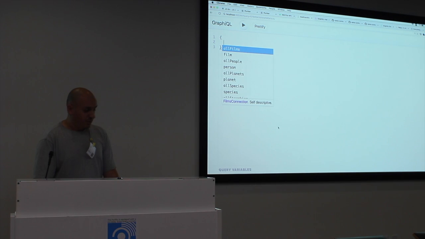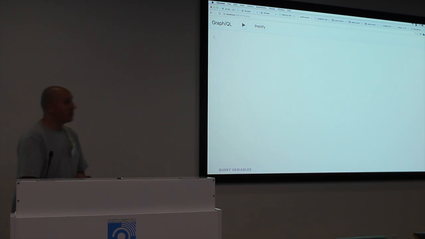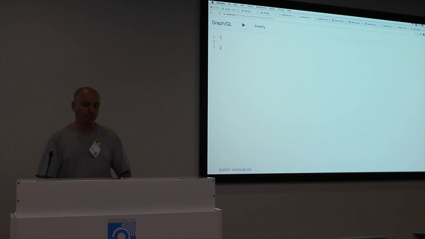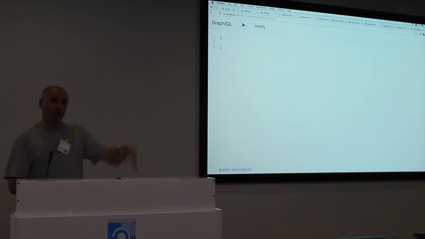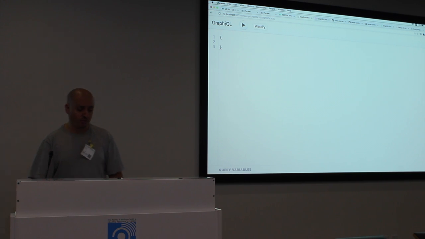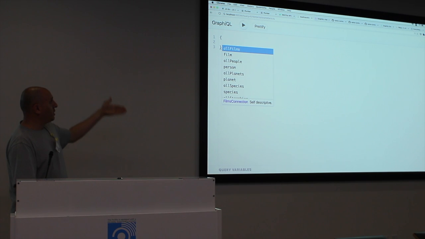Cool. So, okay, this is called GraphiQL, a pun name, right? But because of the introspective API, it knows everything about the API. And this is a local API from the Star Wars data itself. So Facebook took as an example the REST API around Star Wars data, which is swapi.co, and it built a GraphQL representation for that RESTful API. So just because of the introspection, you know exactly on every level.